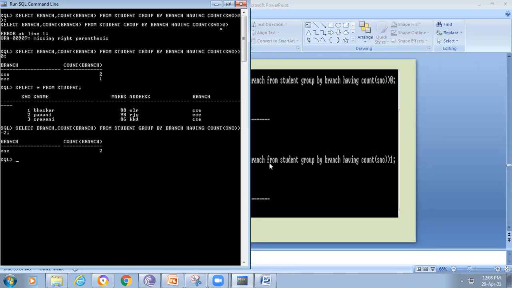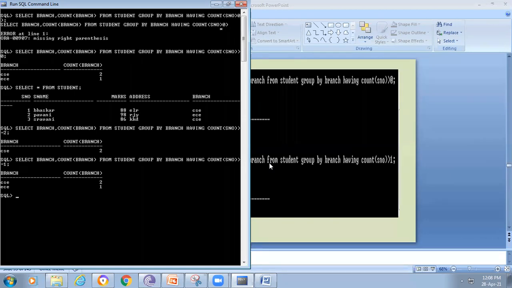Then here it will be displaying the branch with count equal to 2. For example, if I am giving greater than or equal to 1, you can observe here that CSC branch is grouping, and here we are mentioning the condition count of branch is greater than 2.